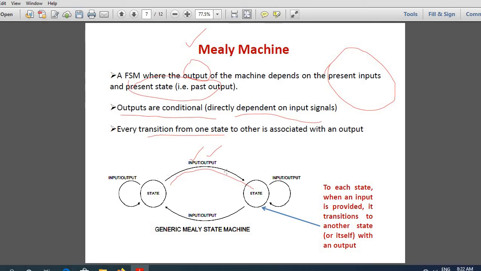Each of the state transitions or the edges or the links will be associated with an input-output pair. So this is one way of representing a finite state machine, which has a finite number of states and state transitions. For now you just study what it is. When you go to the example, it might be a bit more clear. It's one of the toughest topics in digital electronics.